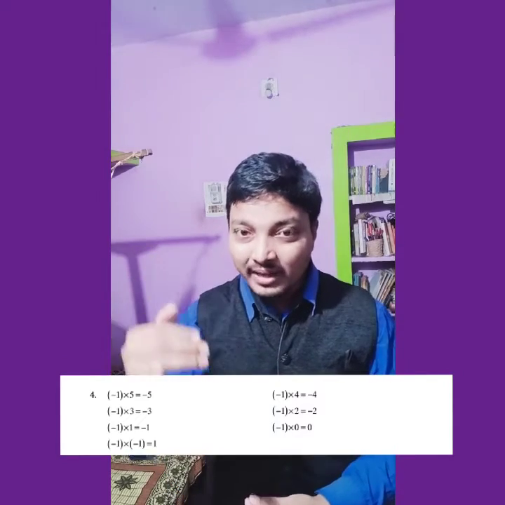So whenever 5 becomes 4, it means we are reducing one number from 5 to 4, and the product is increasing. Minus 5, the product is increasing to minus 4. Actually minus 4 is greater than minus 5. Understood or not understood? In the same way, next I am choosing the previous one, minus 1 into 4.